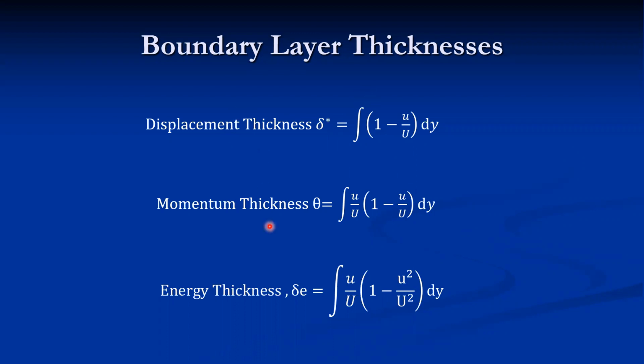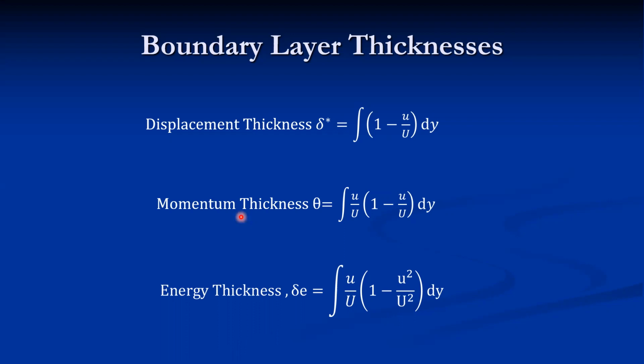In order to calculate these thicknesses, if we know the velocity profile, we can calculate all of them. All these thicknesses are nothing but losses, because if boundary layer formation takes place on the surface, there is a reduction of mass flow rate. That reduction of mass flow rate is reflected in the displacement thickness. As mass flow rate is related to momentum, consequently there is a reduction of momentum as well as energy. Energy means kinetic energy. So all these parameters are related with the mass flow rate, and the respective thicknesses describe the respective losses.